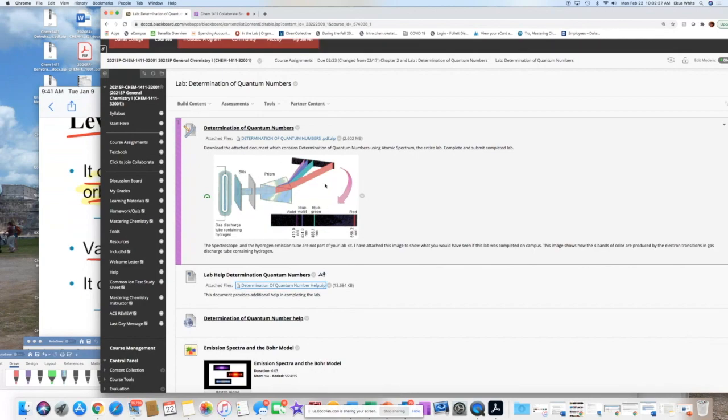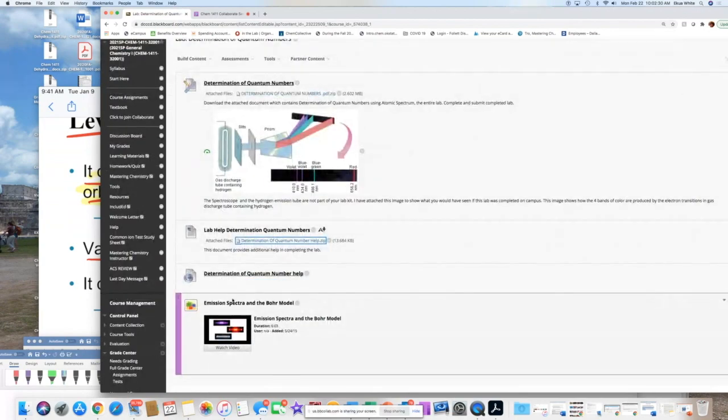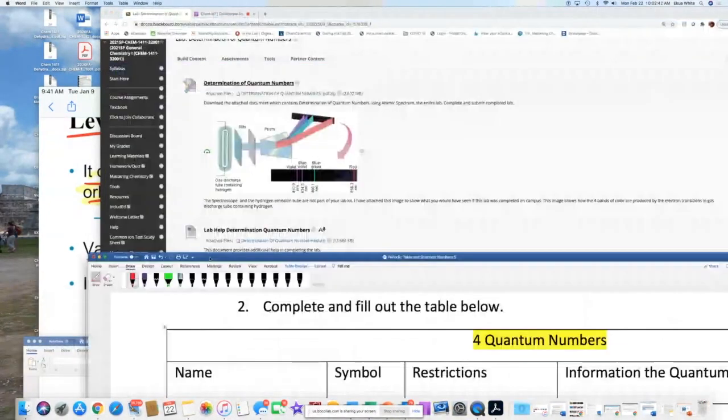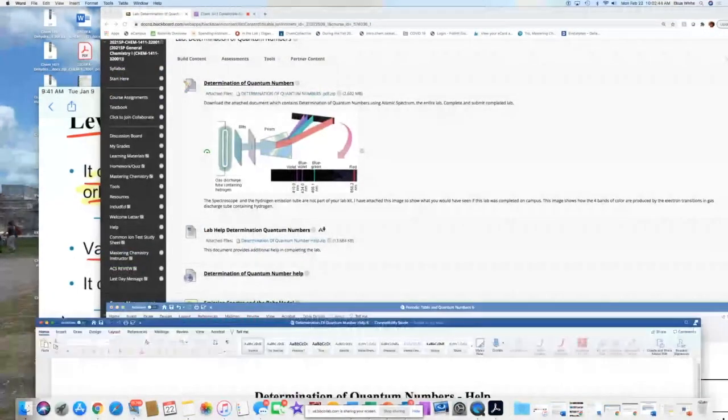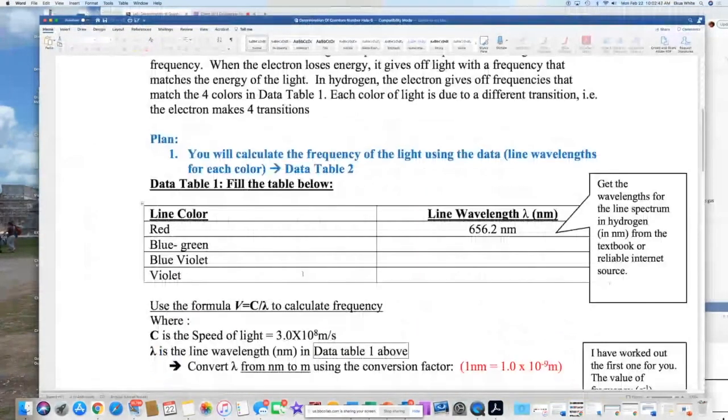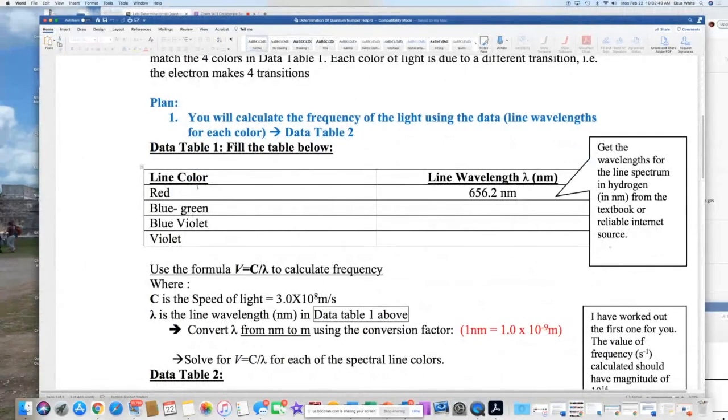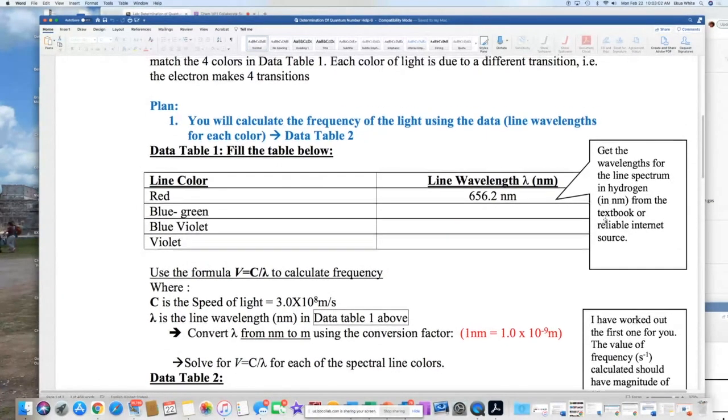Okay, so I have this picture right here. There is a video about it right here just to show you what the emission spectra is for Bohr's model. So there's a picture, there's a video, and there's another video here too. Once you've seen that, we're going through the work in your lab that was due this weekend to figure out how you get the force. They tell you each color essentially goes with a wavelength. So red goes with this wavelength. You have to get the remainder of these. So to get the blue-green wavelength, it says these come from your